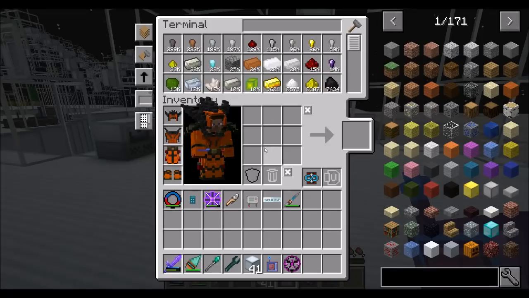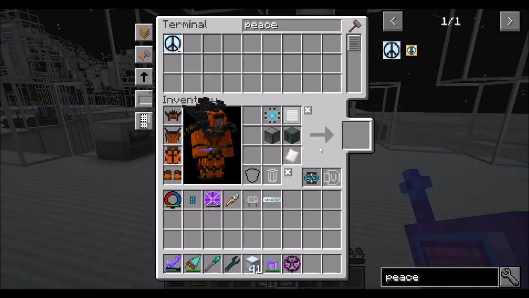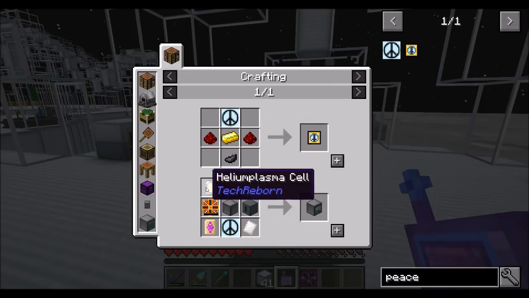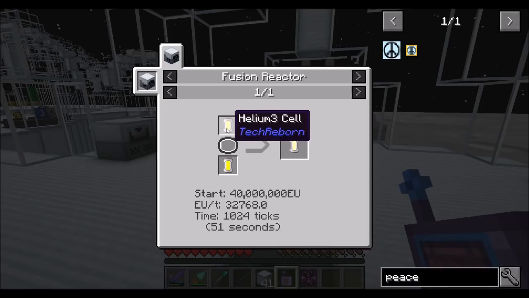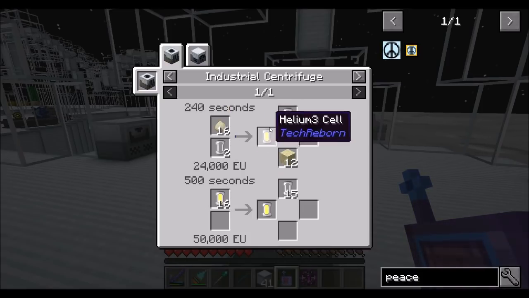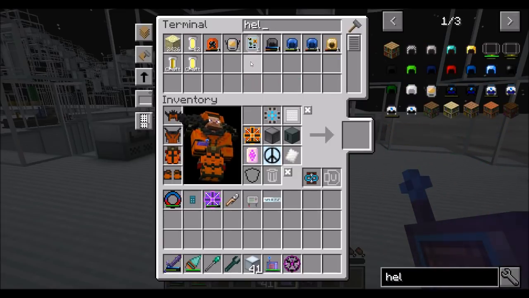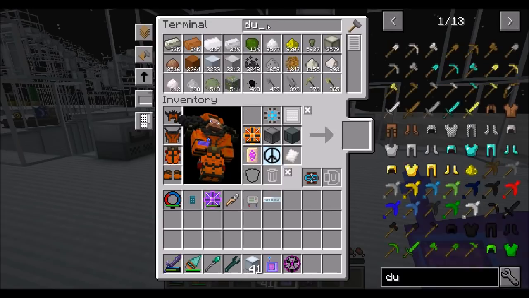So technically at this point, that's all we're waiting for, right? If we took a look at the piece full guy and shift click, well, I mean, it's being silly, but yeah, there you go. All right, so everything's there except for the helium plasma cell. The only way to make it is a fusion reactor, and we're going to need helium-3 cells and deuterium cells, which I don't remember being hard to get. Like helium-3, we might even have some, right? Helium-3. So we've got some helium-3 cells, nice, and deuterium